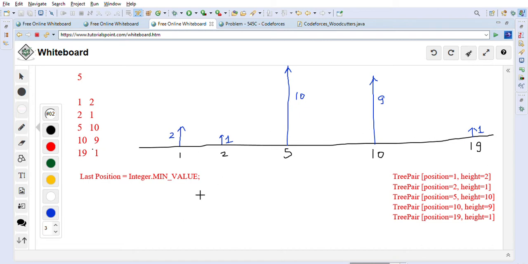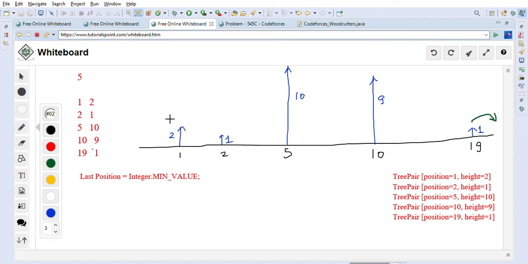So these are 5 trees and we have to find out the maximum number of trees we can fell. Let's first solve this problem visually, and then we will develop our algorithm to solve this problem. One thing you might have noticed is this last tree. This last tree we can always fell on the right side, because there is no tree on the right side. So this one we can always fell to the right irrespective of what happens elsewhere. That one is for sure.